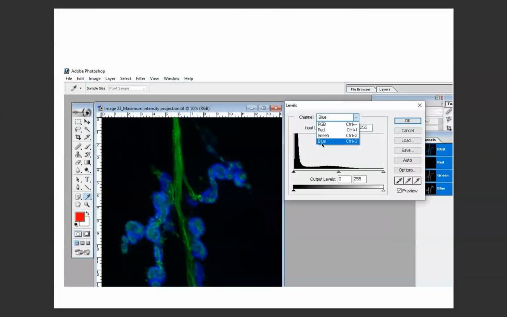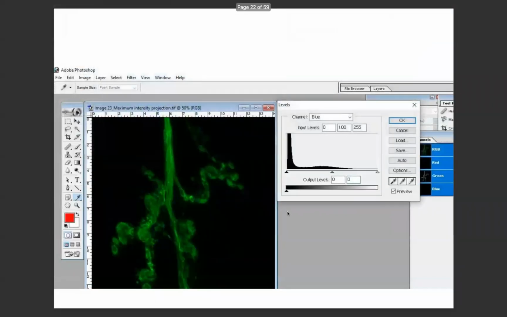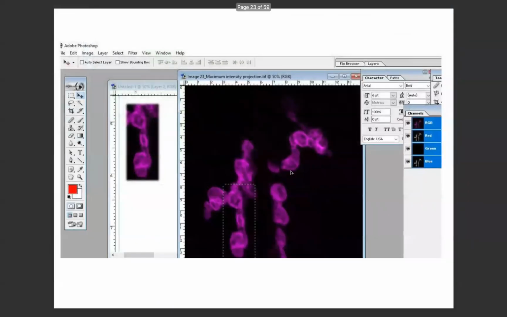Now you can also process the blue channel. So go to the blue channel and you will get the output level from 0 to 255. If you want to remove the blue channel, you can remove the 255 and put 0. Now I go back to the original image where I removed the green channel. That means I just changed 255 to 0. I click the green and I make 255 to 0. Then the green channel is removed.